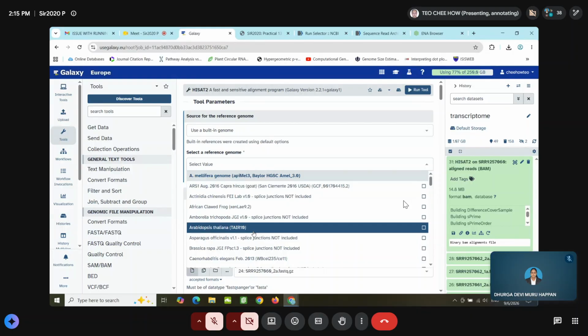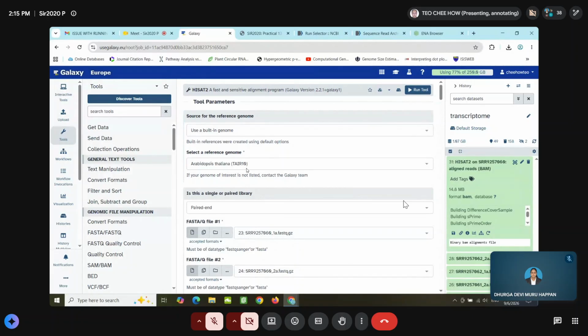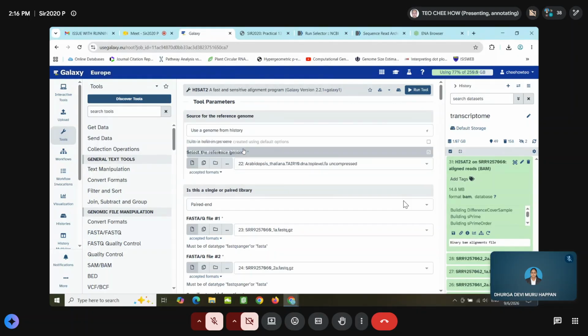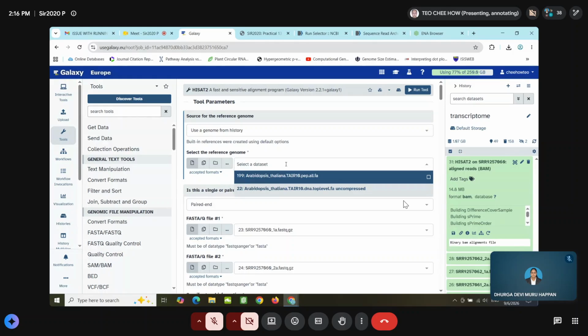Yes, you can find Arabidopsis thaliana. But in this case, you are not sure whether the version uploaded in the Galaxy server matches the GFF file. So it is better to use the genome from history. From the genome from history, we already know that this is the genome, so you select the genome.